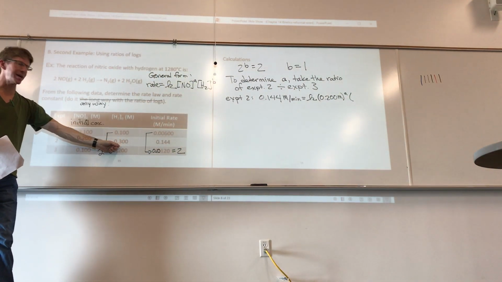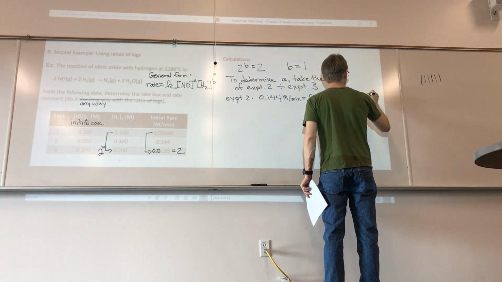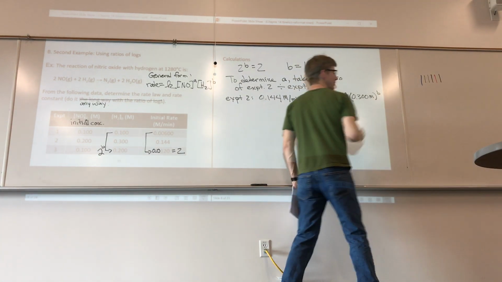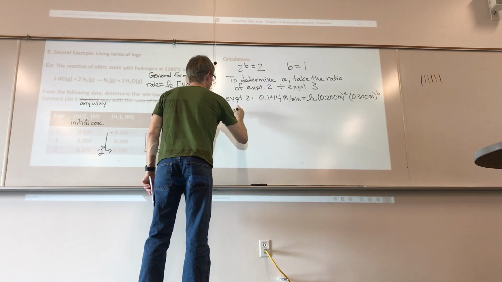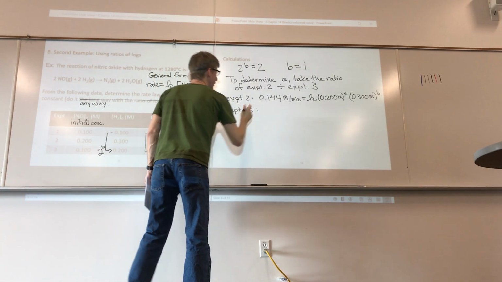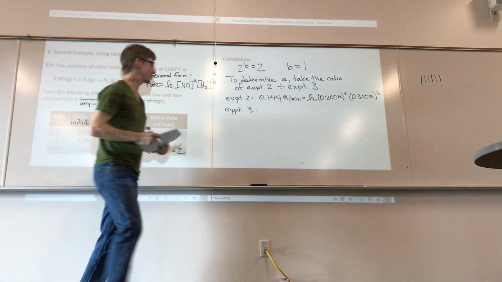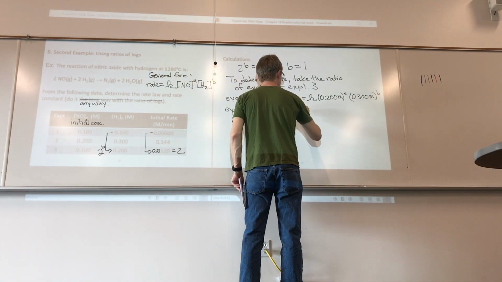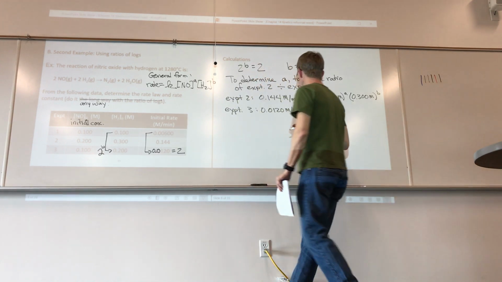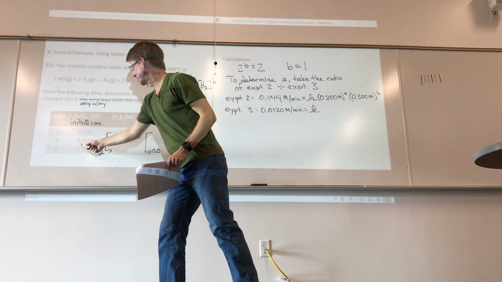Times concentration of hydrogen. Do the same thing for experiment 3. We have 0.0120. Equals little k times concentration